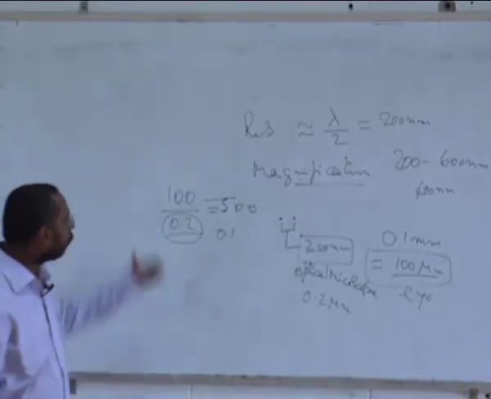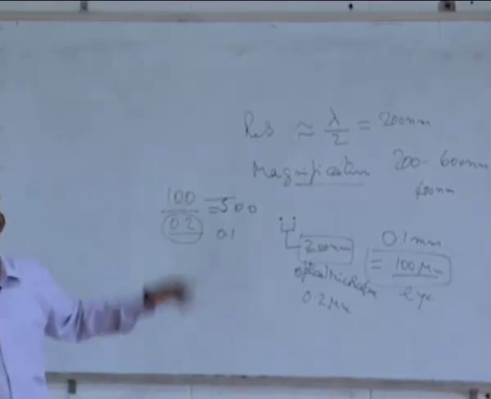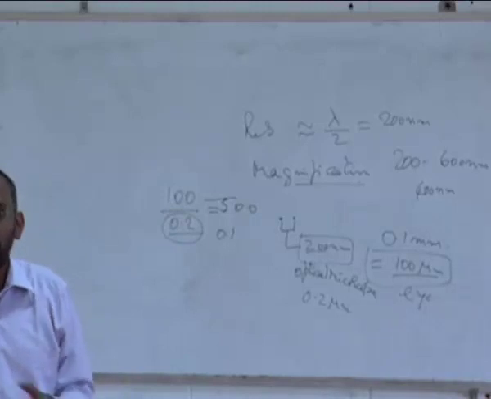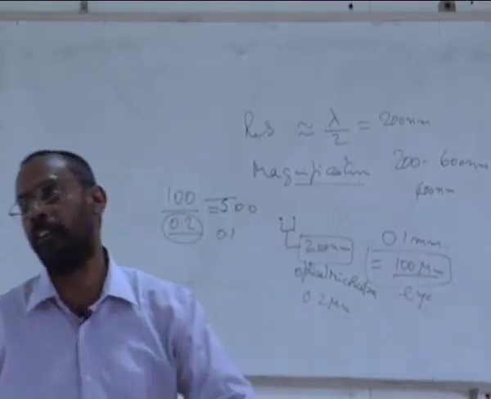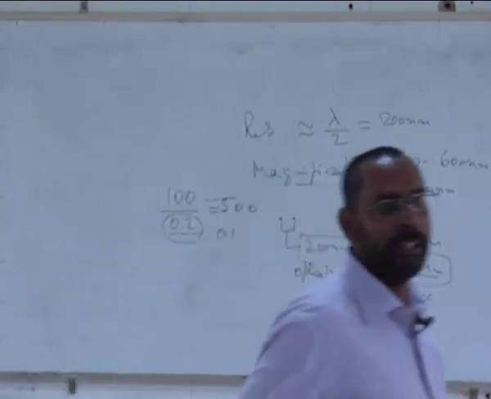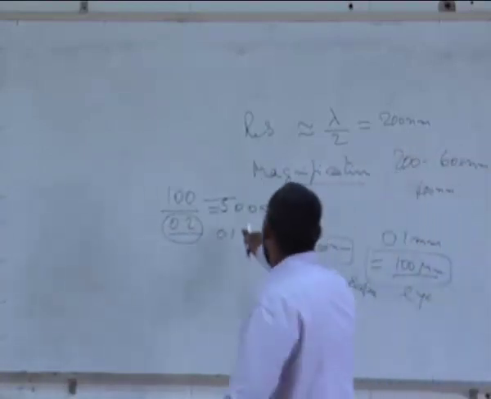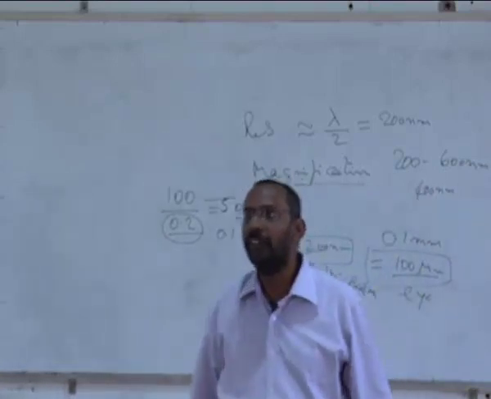Or it could be that my eye is bad enough that it is not able to see 100 microns, but can only see if they are separated by 200 microns. My eye is already bad, and many of our eyes have already become bad, so I am not able to see. And that's the reason why we have to go to higher. Otherwise, there is no need.